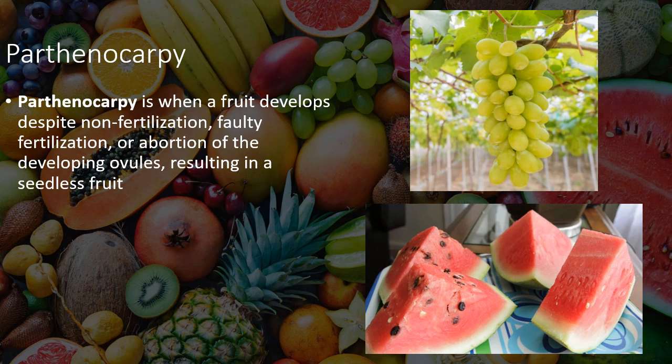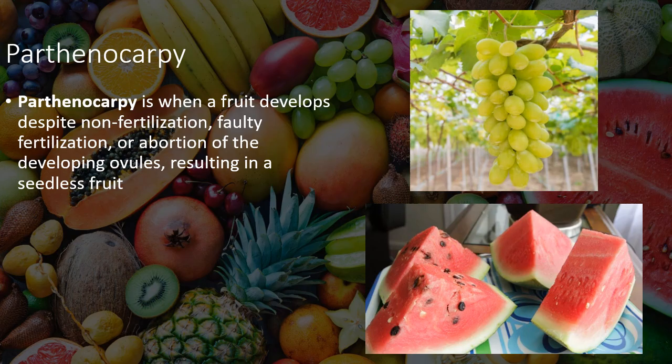Sometimes we're crossing two lineages of a crop that are genetically incompatible. And so there's either non-fertilization or faulty fertilization. That's what causes us to have seedless watermelons. In the situation with seedless watermelons, wild watermelons are diploid, just like human beings are, meaning they've got two copies of every chromosome. You can treat watermelon plants with a chemical called colchicine, which comes from crocuses, and it